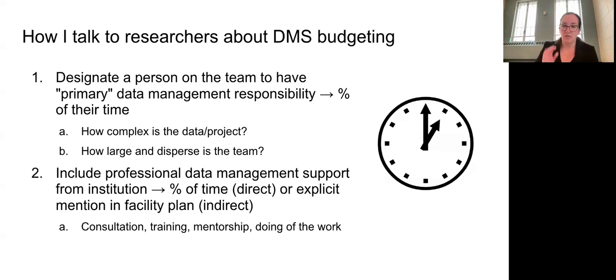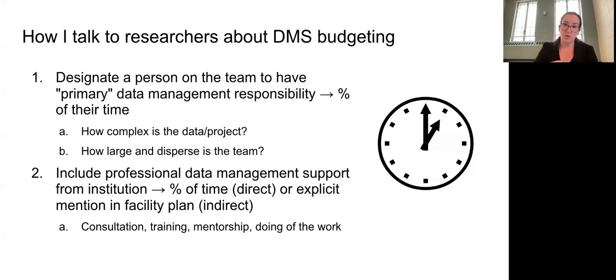You can also include professional data management support from an institution. This is where we get into that gray area of what's indirect and direct costs and how that works in a different institutional model. Again, I'm in a separate college, so the way we handle indirect funds is different than some central units. But for example, we have people who are doing work for a specific project that are written in. Often this is for programming, statistical support, other kinds of things. Data management might be a piece of that.